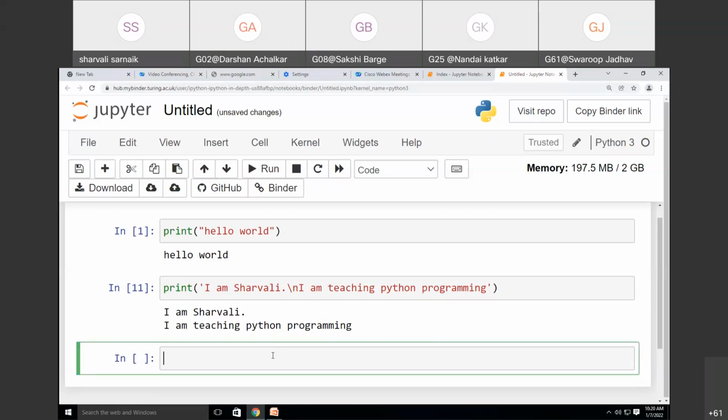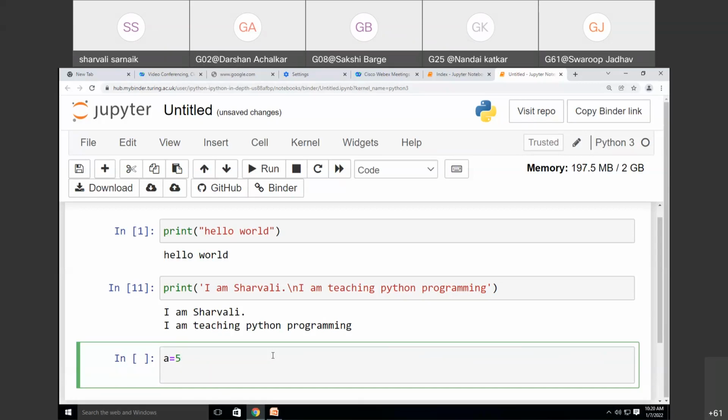Now next we are going to see assigning a value to a variable. We know that a variable is used to store a data value. Variable names can be any name, it can be a letter, but it should not be a number and it should not start with symbols. So I am taking one variable as A, and I'm assigning some value to the variable: A is equal to 5.